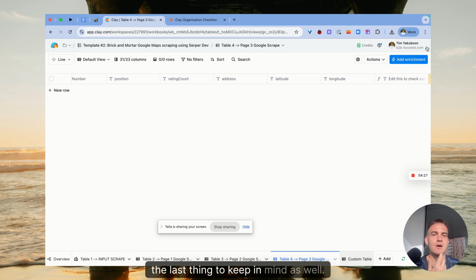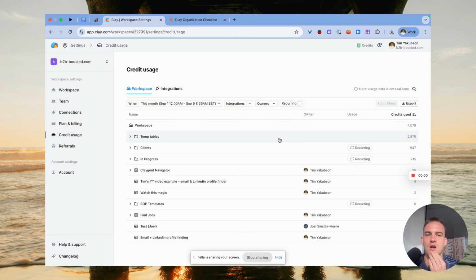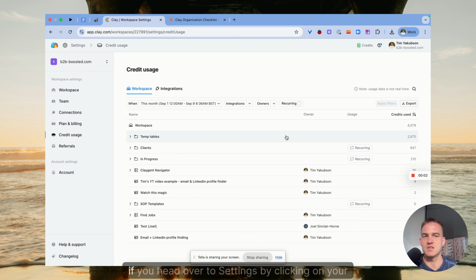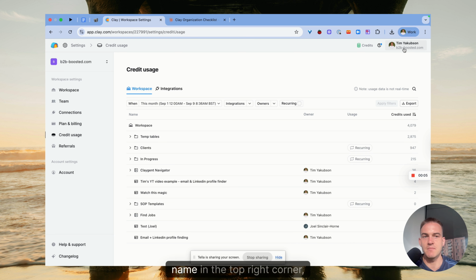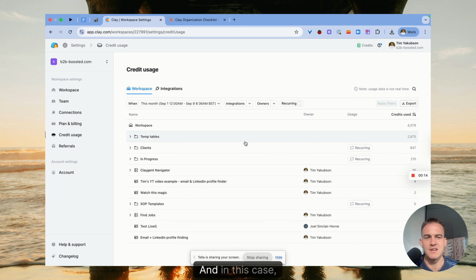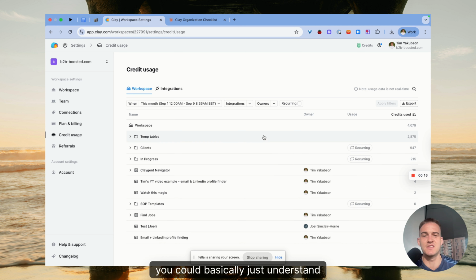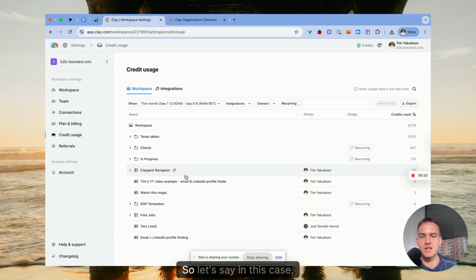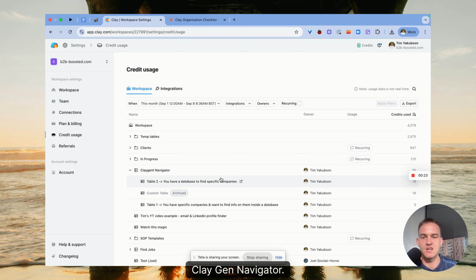I think the last thing to keep in mind as well is that Clay also introduced their new credit consumption feature. Inside of your Clay account, if you head over to settings by clicking on your name in the top right corner, you should be able to see the credits usage section. And over here, you would see every single table that you've been spending Clay credits on. In this case, you can understand within each table what you are actually spending your Clay credits on. So let's say in this case, Clayagent Navigator, it will tell you the exact table